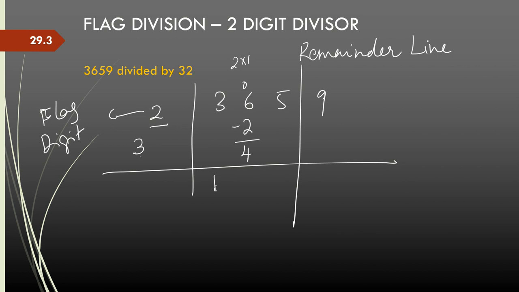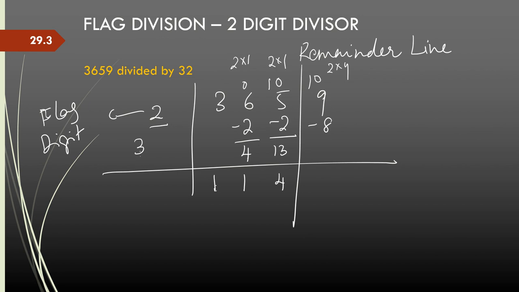Now, this 4 I divide by 3, that is 3 ones are 3, then 1 is carried forward as 10 to the next place. Now, since I did not use 2, so 2 into 1 again is the adjustment. So, this is minus 2. So, 15 minus 2 is 13 now. The revised dividend is 13, 13 over 3 is 4 times. Again 1 is carried forward as 10. Now 2 into 4 is the adjustment, which is 8.